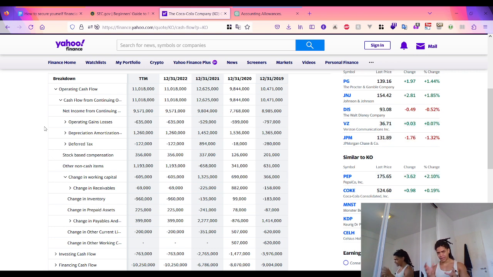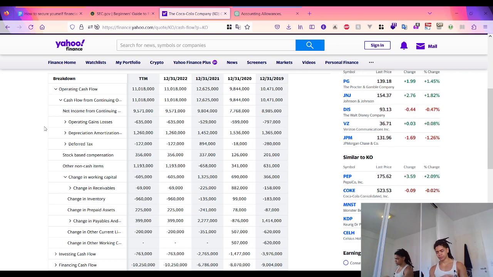with the actual cash that a company receives from or uses in its operating activities. To do this, it adjusts the net income, the net earnings, for any non-cash items that affect the income statement but involve no cash transactions, such as stock-based compensation or depreciation and amortization,